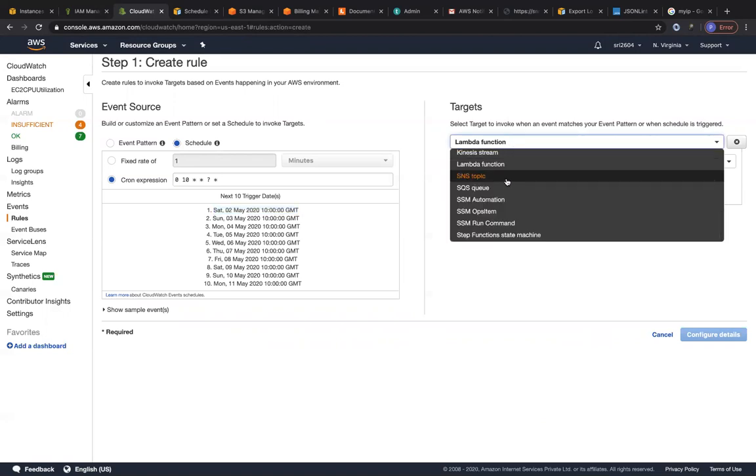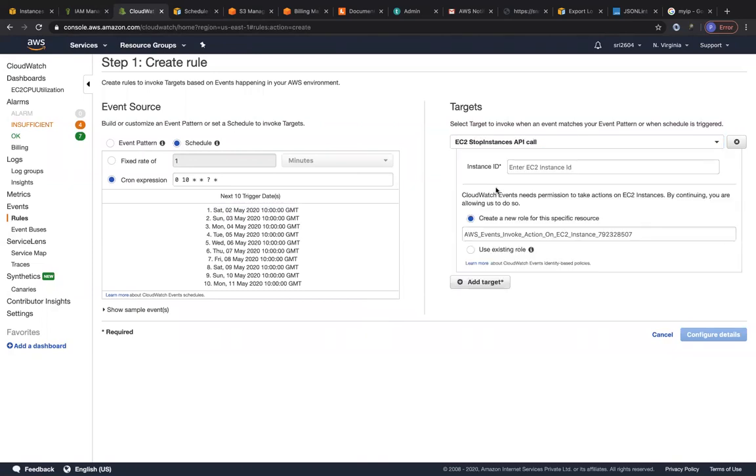It's pretty cool. So you can go ahead and choose, instead of a Lambda function, the stop EC2 instances API, and you can put your EC2 instance ID over here. And then for this, it's going to create a new IAM role, because CloudWatch is going ahead and stopping your EC2 instance on your behalf. So wherever some actions are happening on your behalf, you need to have an IAM role for that, right? This is pretty cool, because an organization can save a lot of cost depending on the cron expression that they put. So if their working hours are from 9 to 5, and after 5 o'clock some EC2 instances are totally not needed, they can go ahead and stop these EC2 instances using a schedule-based CloudWatch event rule.